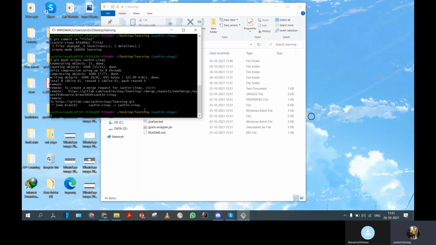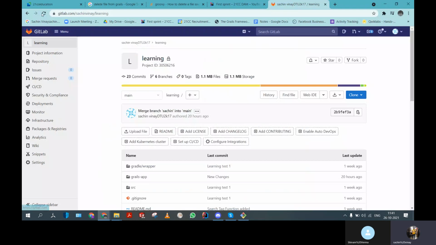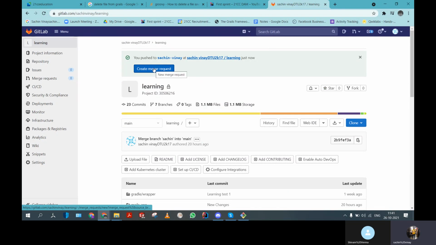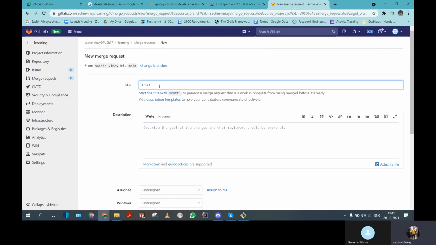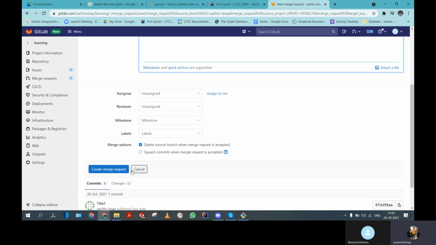Great. So after seeing this, your merge request has been sent on this learning project, and as you refresh, here is a merge request. You just have to click on create merge request, change the title whatever you want, title 1 or 2, depending on your choice, write the description, and then assign it to yourself or anyone else, then create the merge request.